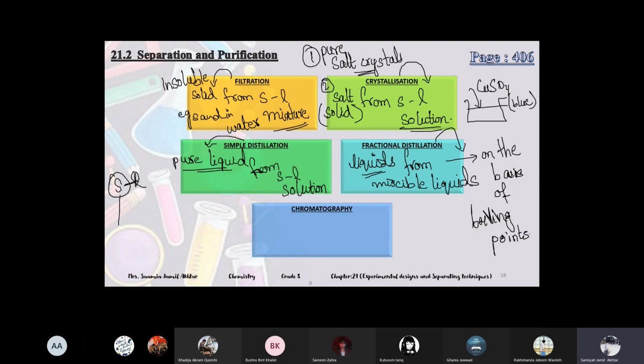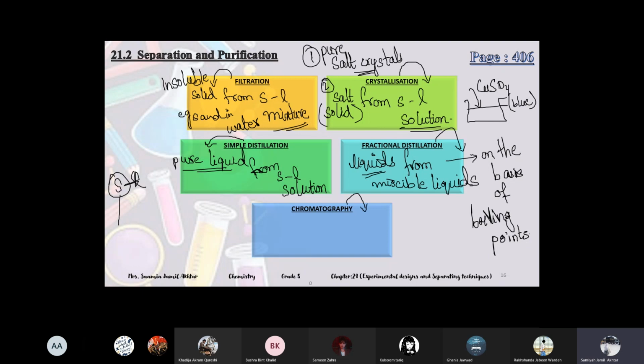Like if you remember about crude oil, which you studied in grade 7, in the fractionating column there are different levels, different fractions, and they have different temperatures. Crude oil is separated in fractions according to their temperatures, according to their boiling points. So in fractional distillation also, one by one the liquids will evaporate according to their boiling points, and that's how we can separate them. Okay, we'll study it in detail also.